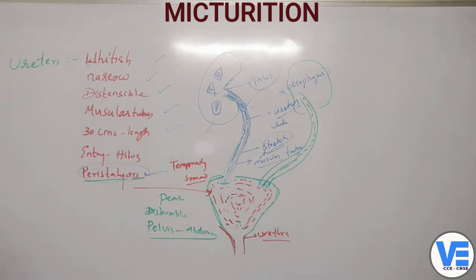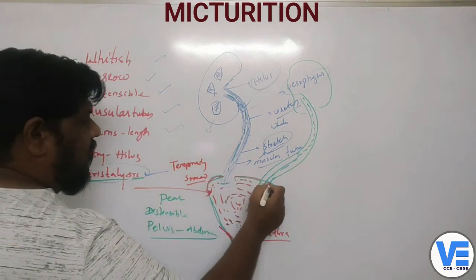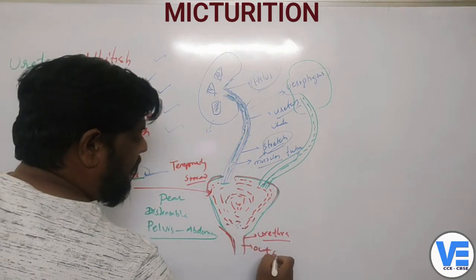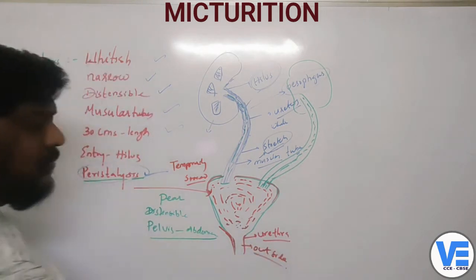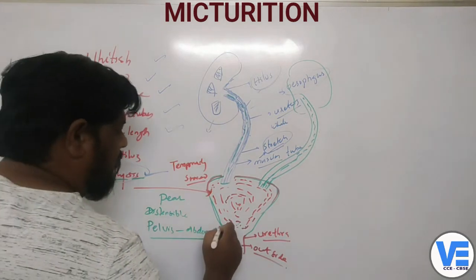The urethra is a tube-like structure which takes the urine outside the body. Okay, and this urethra